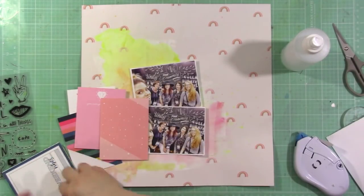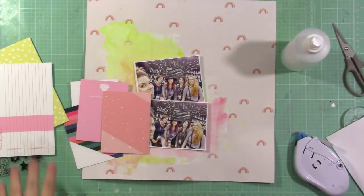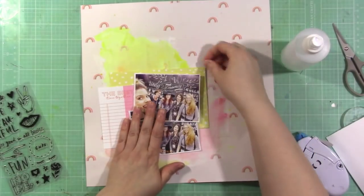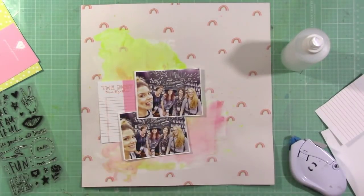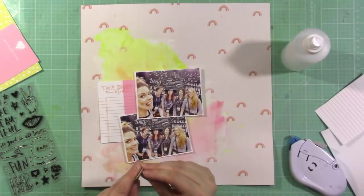This is my first layout using the kit, and so I was thinking instead of cutting up a whole paper, maybe I would look through the PL cards for this month, because I got the Pocket Life kit, and I end up just using this one, and I'm going to write my journaling on it. I just cut a little piece off of it, and it's just going to be like a cluster of 3 little